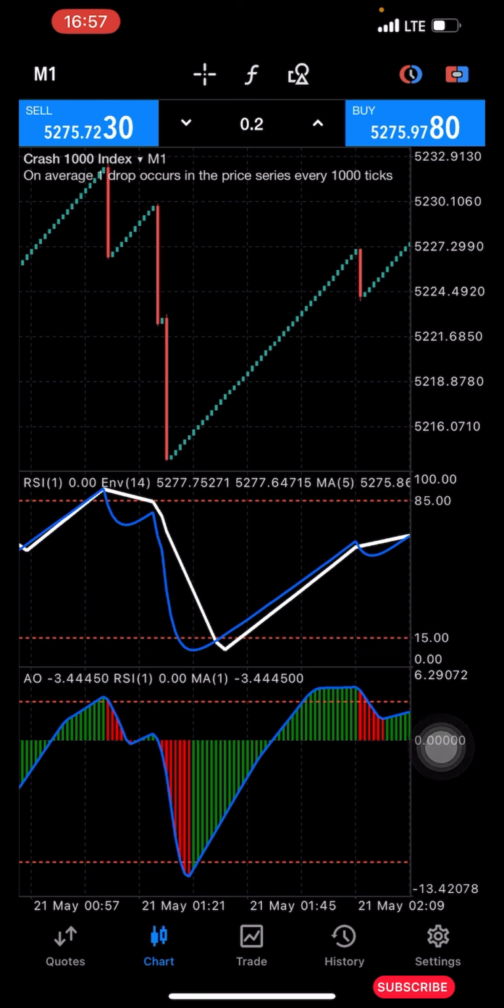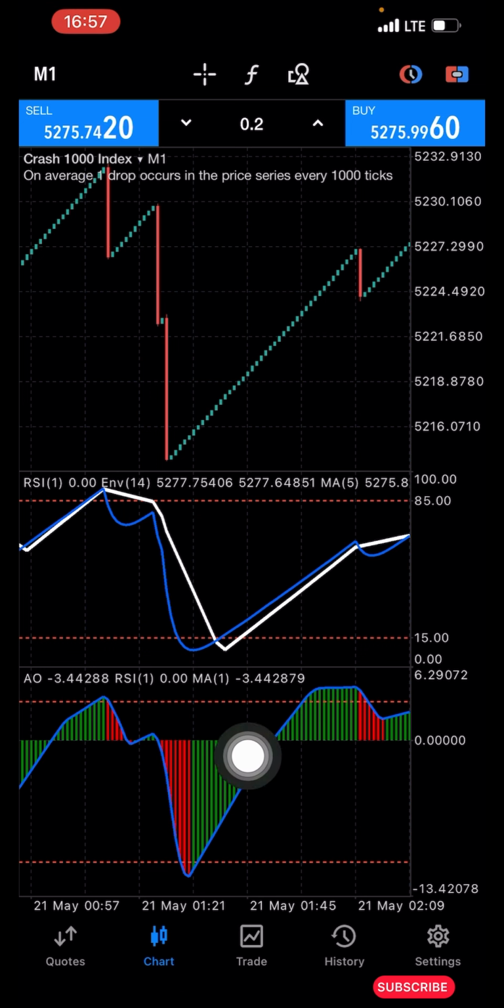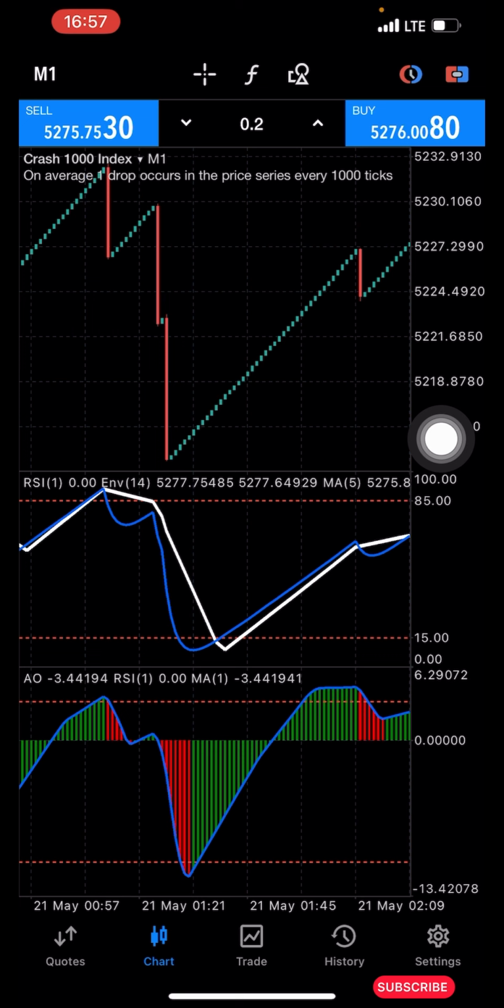So once you have set everything correctly, as I've just explained, you are going to have a screen like this one here. All right, now before I explain how the strategy works, I'll be reminding